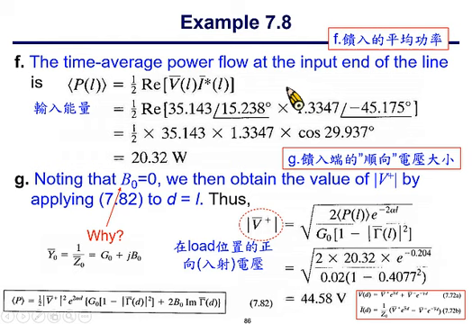Here it says B sub 0 equals 0. Why? Because at the very beginning of the problem description, we told you that the characteristic impedance Z sub 0 equals 50, which means it's low loss. The imaginary part of the characteristic impedance and characteristic admittance is nearly 0, so B sub 0 is 0,